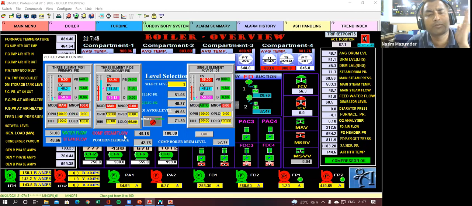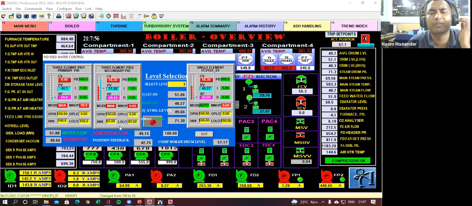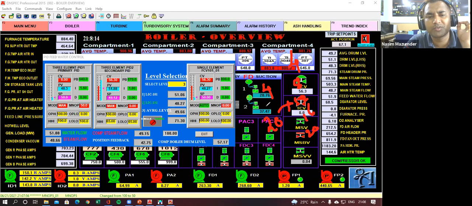Now, you can check by giving, say, a 50% command. If it is 50, then 12 milliampere should come. Because if it is 4 to 20, then 4, 8, 12, 16, 20. So this is my 50%. So if you are giving a 50% command over here, you must get 12 milliampere. If it is coming like that, that means your channel is working.